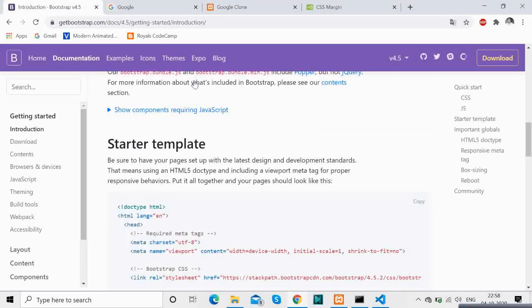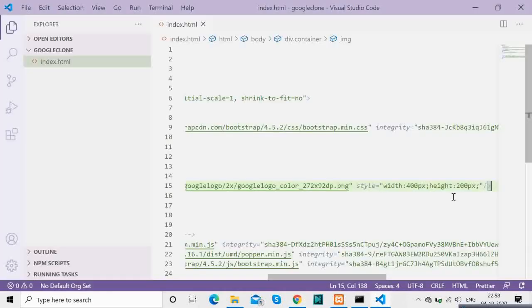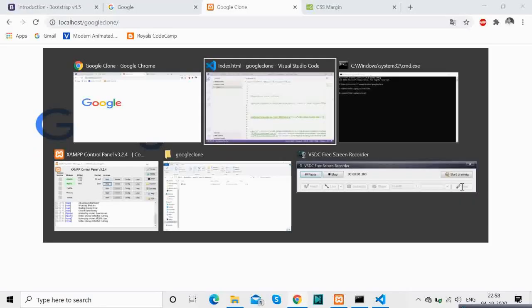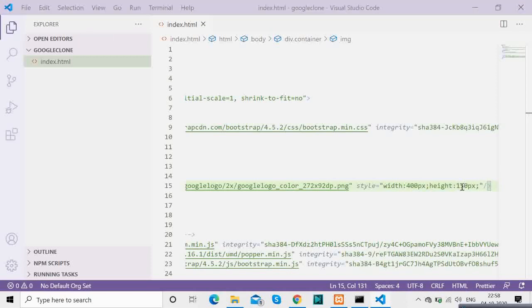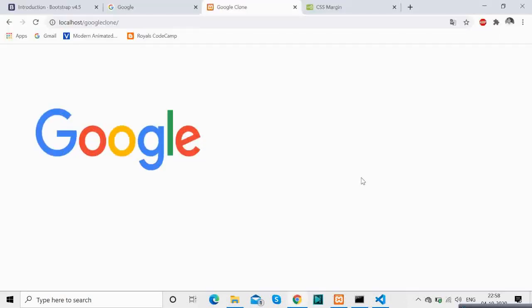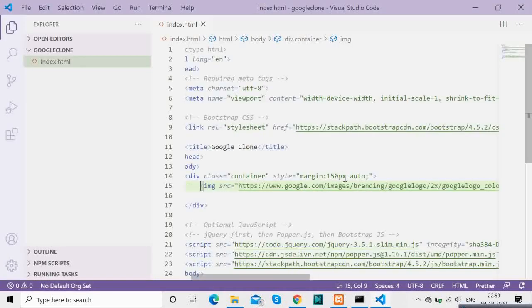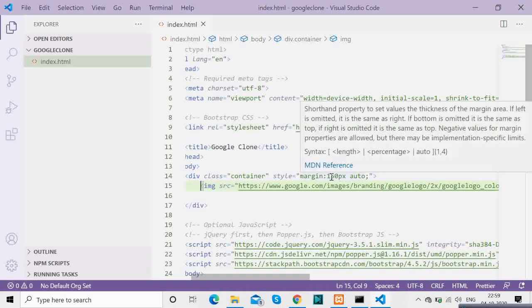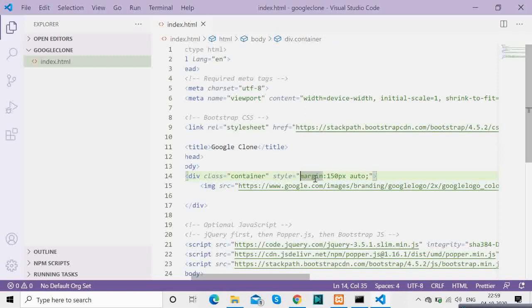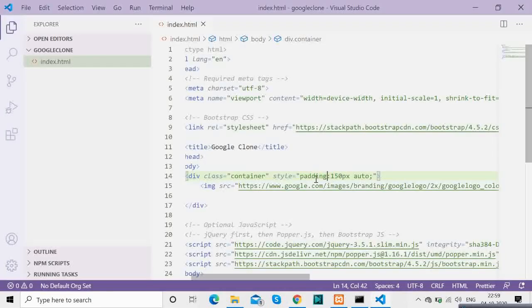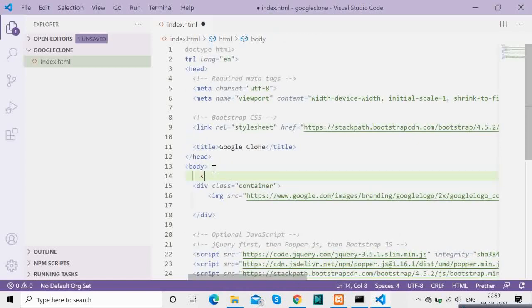So I am just adjusting the height. Okay, and I will bring it to the center. Okay, so basically we are just designing the UI for now, but it will be a full blown application. Okay, there will be a backend database, there will be scripting language like PHP which will interact with the database, so it's a full blown application. So first of all we are centering and aligning the Google logo and the form. Okay, just now we will be developing the form.